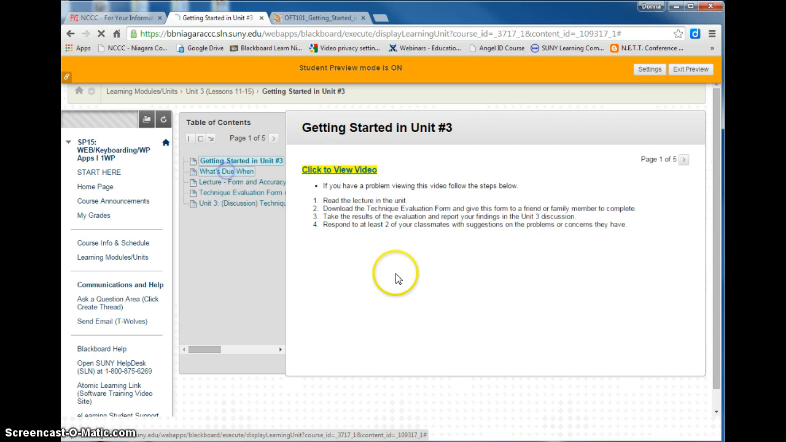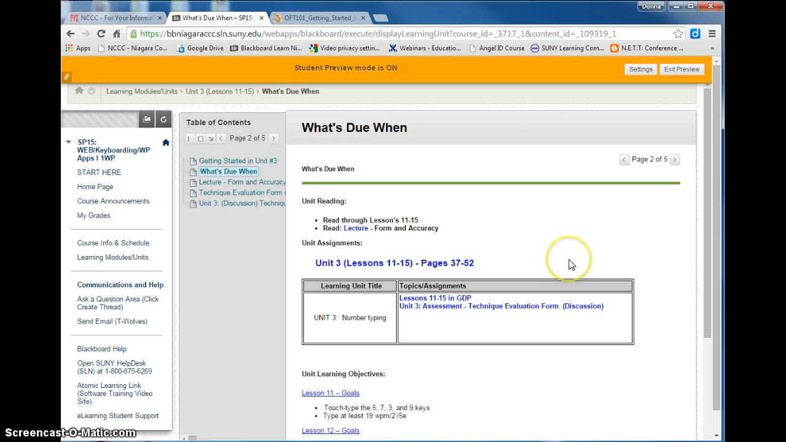If I go to the What's Due When, you should be working on lessons 11 through 15. I want you to read through the lecture that they have in here about determining your form, actually sitting at your computer and how you should have your body positioned with the keyboard to help with your accuracy while you're typing. So you should be reading the lecture, and then you should go into